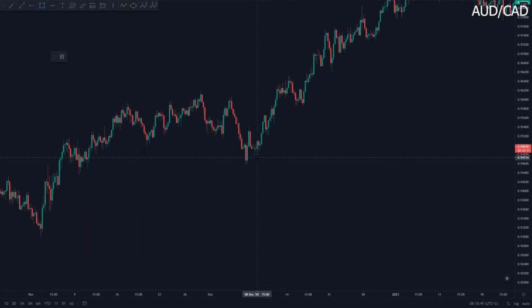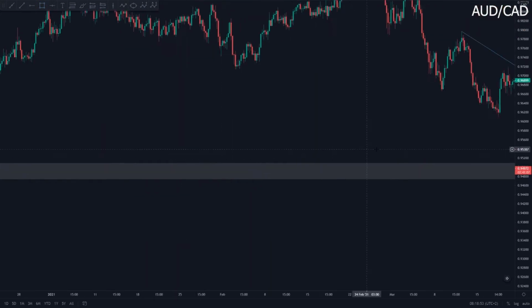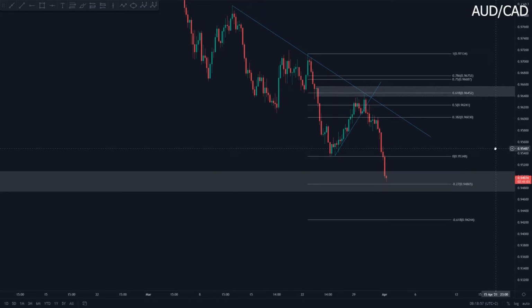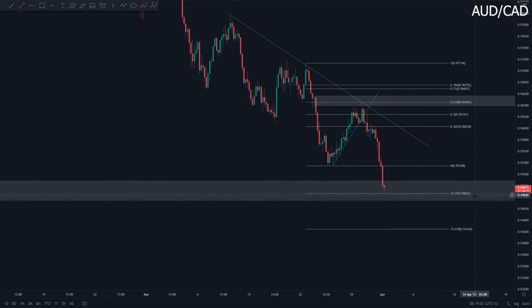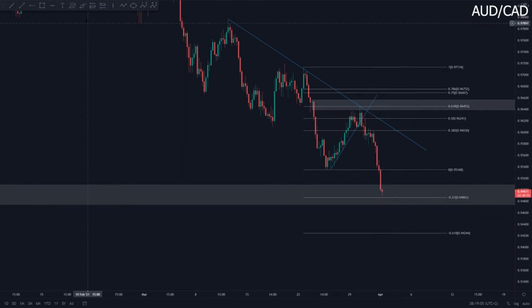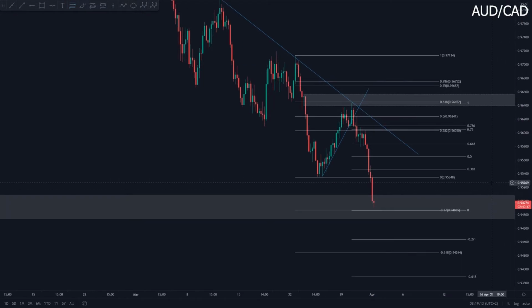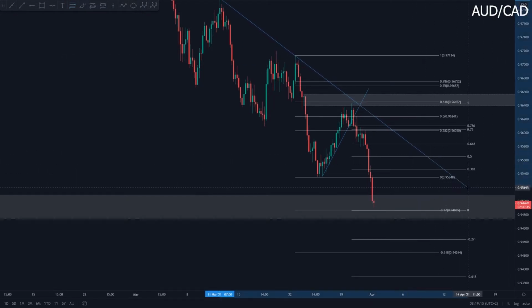I can obviously see that I have a potential area of support over here, and this area of support aligns perfectly with the -27 level. So if you're in this AUDCAD trade, I would definitely look to take some partials at this -27 level. If we then were to draw on a Fibonacci, which would be in line with the -27 level,